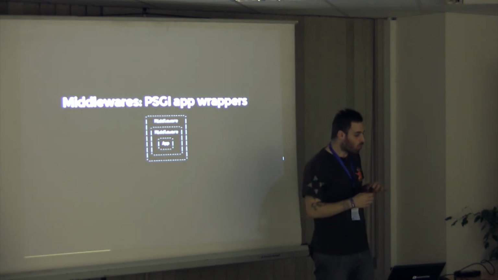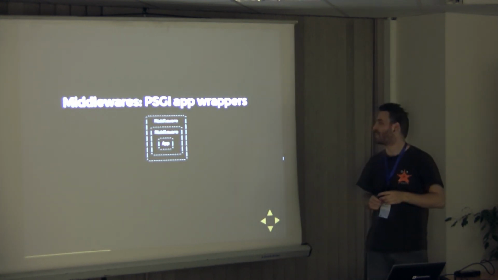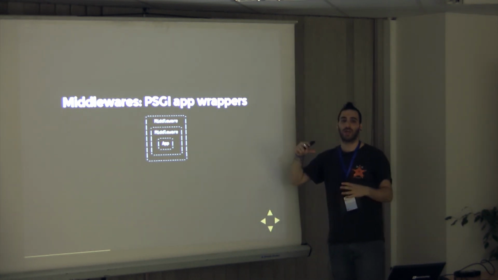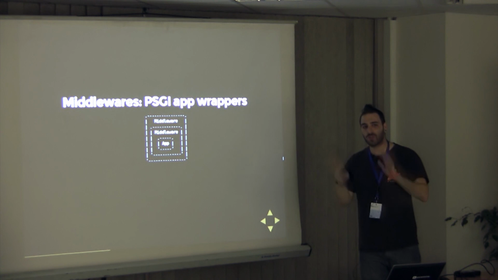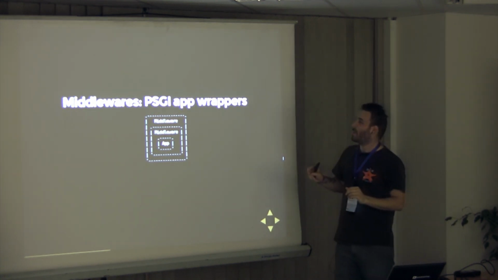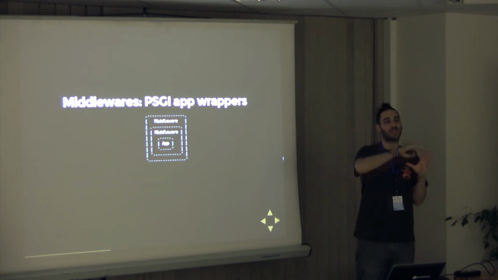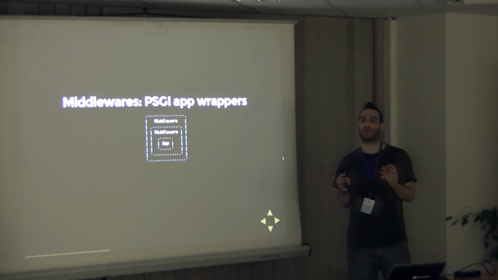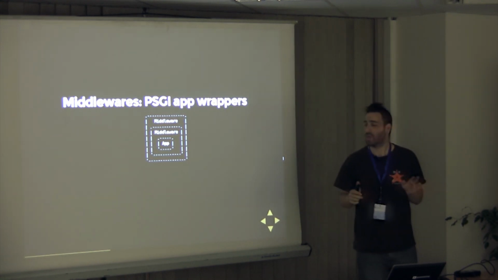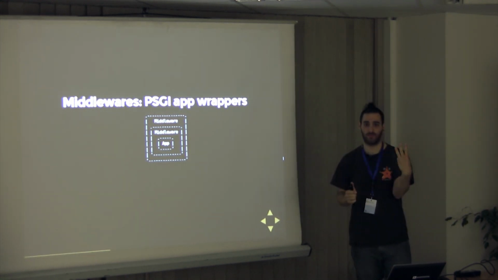Middlewares are one of the coolest things you have in Plack and PSGI. Middlewares are basically this nice wrapper around your application. So suppose you wrote an application and you used common syntax in a nice web framework, right? You can attach to that these layers of additional functionality called middlewares. And you can add as many as you want, OK? Middlewares can do three things.